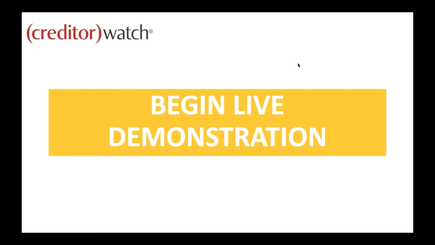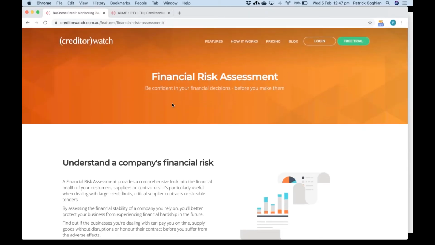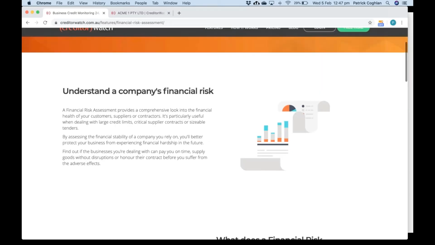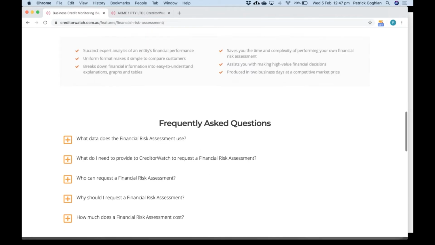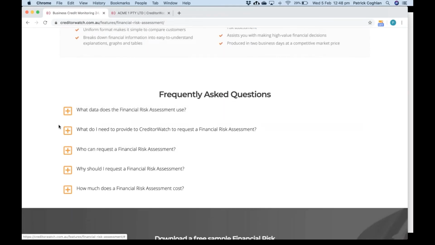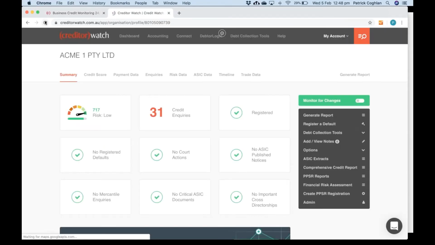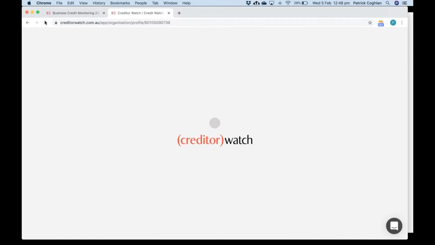So let's have a look at a bit of a live demonstration. You're probably thinking, where can I access this information? Just on our features, there is a landing page with a little bit more information about what's included, what the differences and benefits are, and frequently asked questions as well. We also have the ability to order one of these reports. So if you run a normal credit report